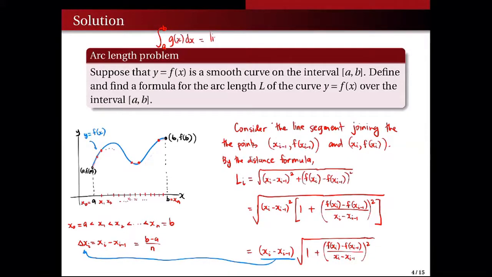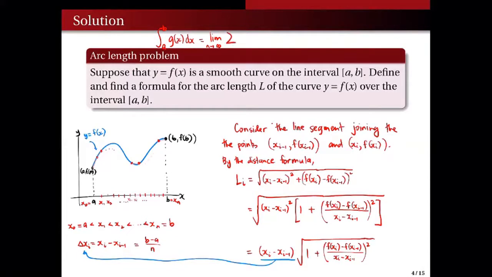This is equal to the limit n goes to infinity, summation I from 1 up to infinity of g of x sub I star delta x sub I. In this part, from this part here, we will need some x sub I star. We will choose it